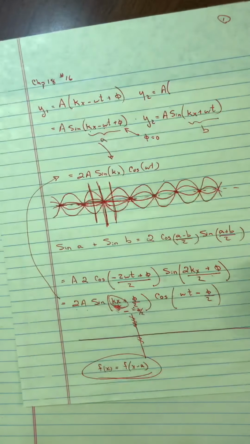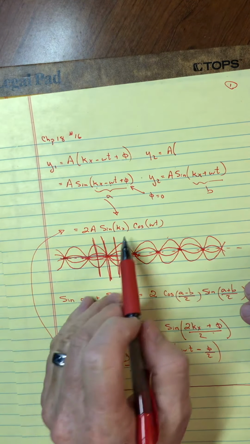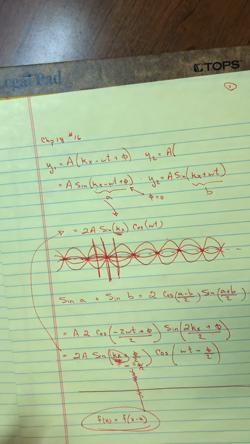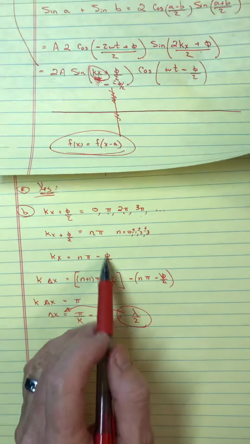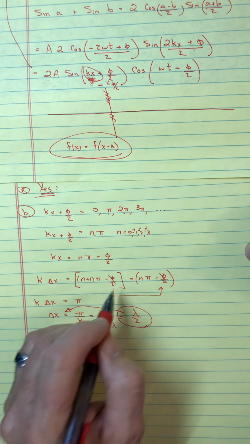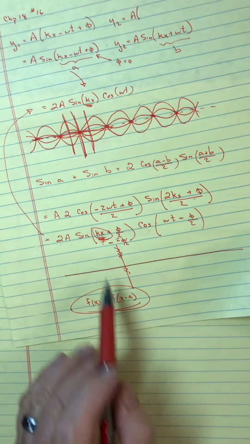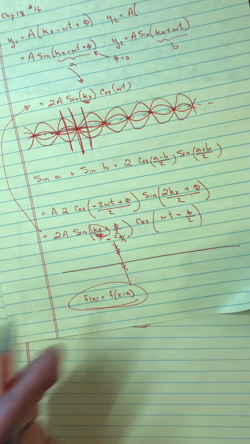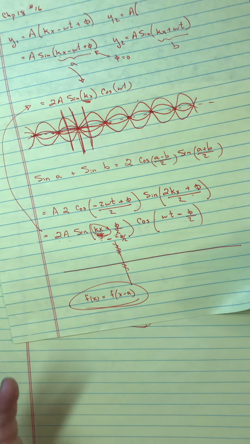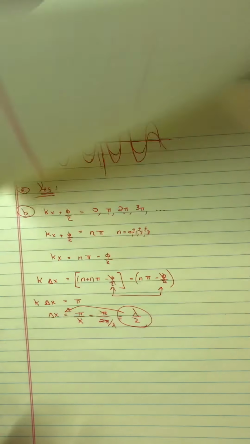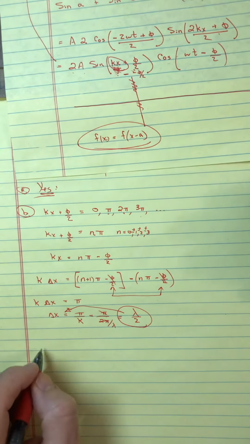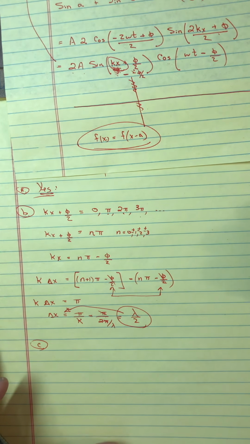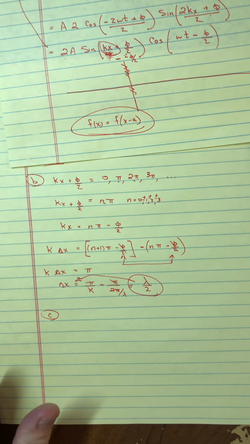And when we did that in class, of course, we just had kx. We didn't have this extra phi over 2. We didn't have this shift. But again, as we did in part A, that's really kind of irrelevant. We proved in part A that everything would look exactly the same. It just shifted. So if they were half a wavelength apart before, they're half a wavelength apart now. And that, like I said, would be kind of the mathematical proof for that. Okay,